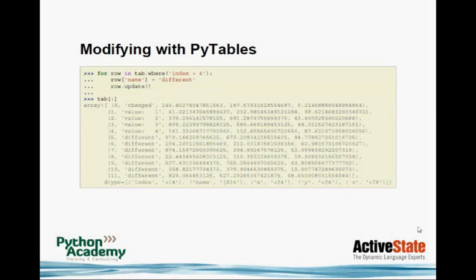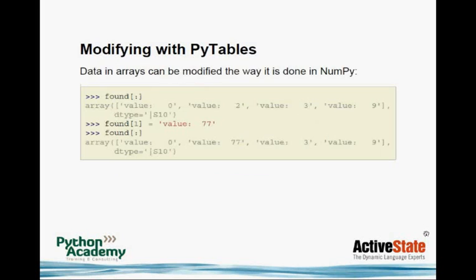And you can also, if you like, use conditions. So here we again have conditions, and there's a thing called where, and with this where you can define a condition as a string. We say only if the index is greater than 4, you do this, otherwise you don't. And if you look at the output, only index starting 5 and higher has the text different in there, the rest still has the value we had before. So this is a very easy way to change your data with a condition. Next slide.